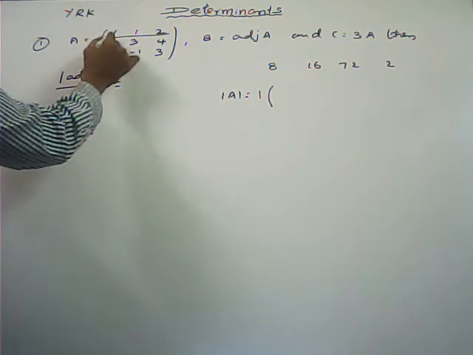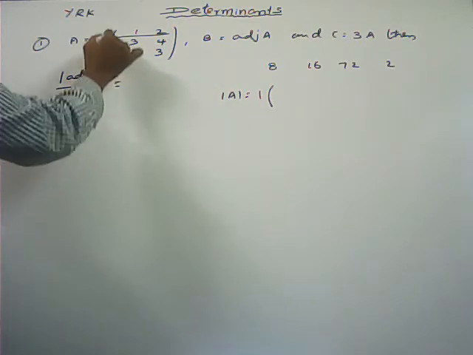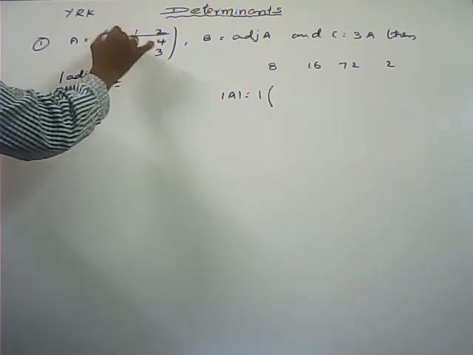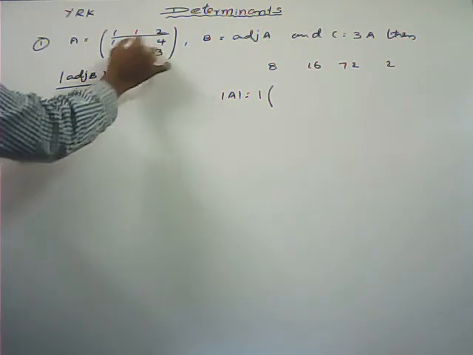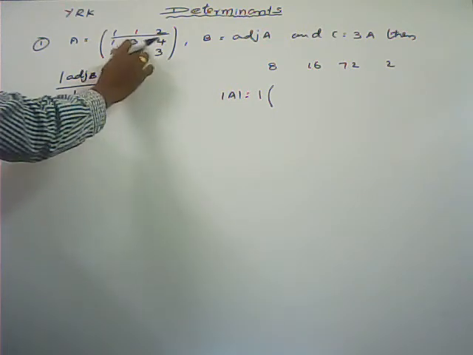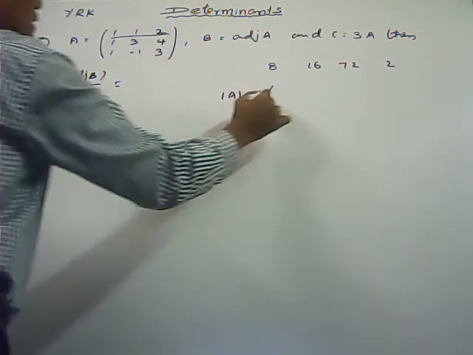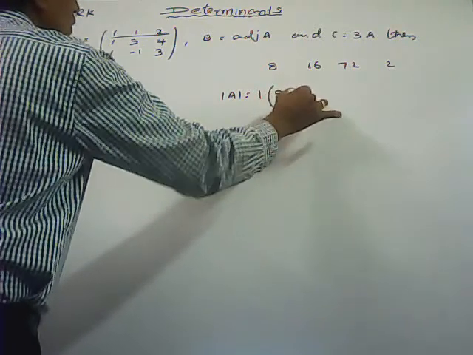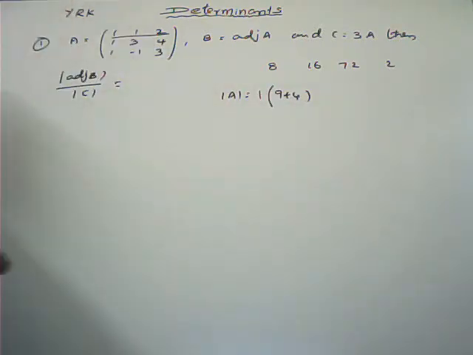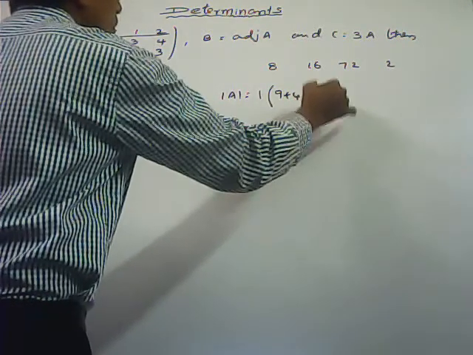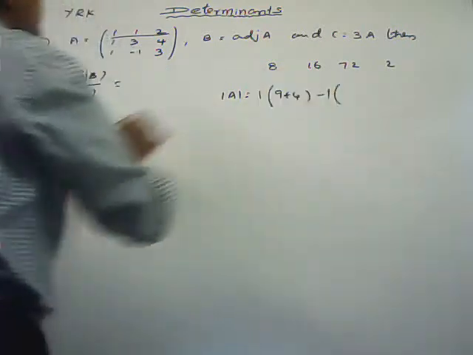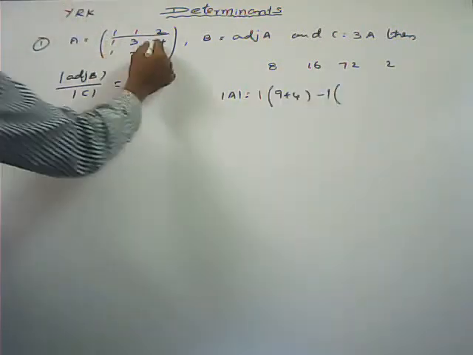Cofactor, how to get that one? That is the first row, first column element. First row, first column, you can remove that row and column. Determinant of this is a 2 by 2 square matrix only. 9 minus of minus, 9 plus 4. This is the odd position, so that should be multiplied by minus, into 3 minus 4